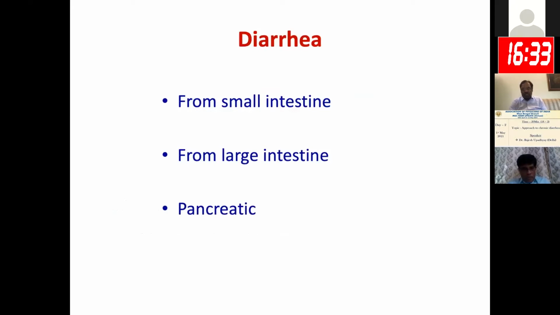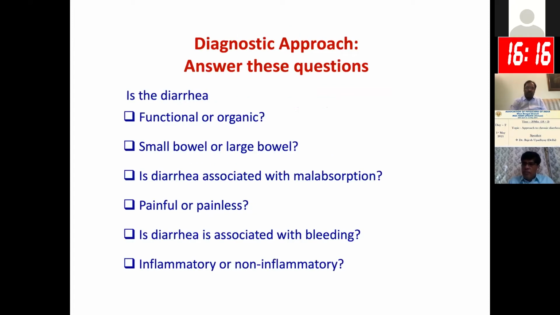So when we are faced with a patient who is having diarrhea for more than 4 weeks, one of the things we need to sort out is it really coming from the small intestine? Is it the large intestine? Or is it a pancreatic diarrhea? So these are the three main causes for the diarrhea. So certain questions need to be answered. And if you are able to answer these questions, you'll be able to narrow down your diagnosis and target your